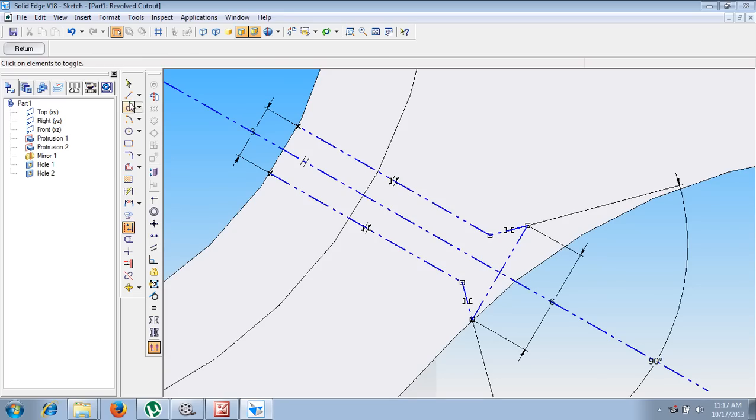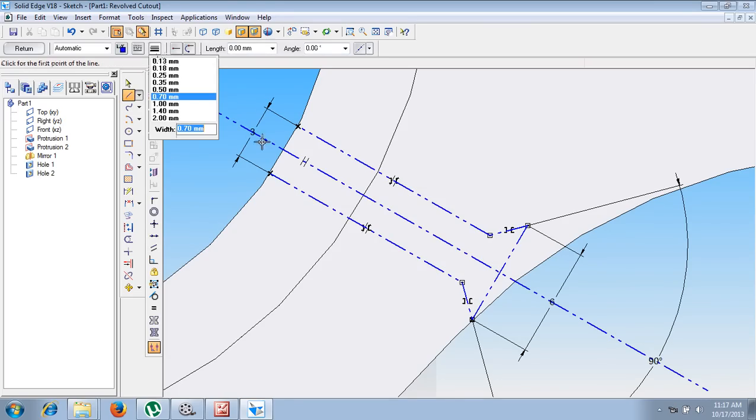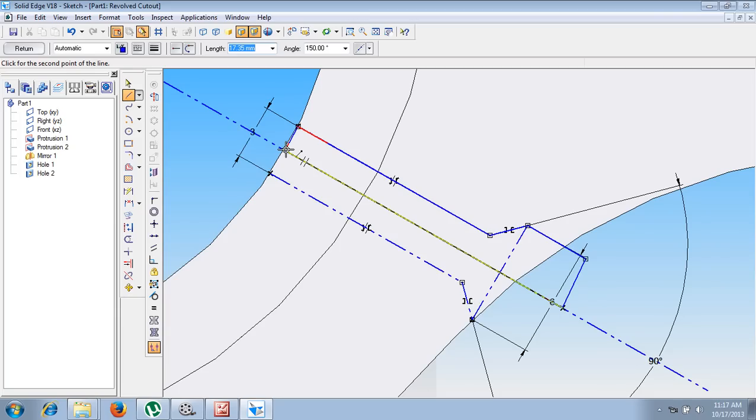After doing this as constructional elements, now using a line command, we have to draw the required form of a line. Starting somewhere here from the intersection, let me draw a line from here to here and let me connect the end point and let me draw a line like this and let me draw a line like this and let me connect it to the start point. Now we have a command called perpendicular. Make this line perpendicular to this line and this line perpendicular to this line. Now you can see this is the required sketch that we wanted.